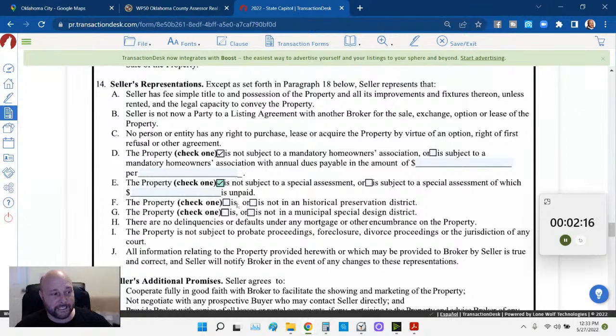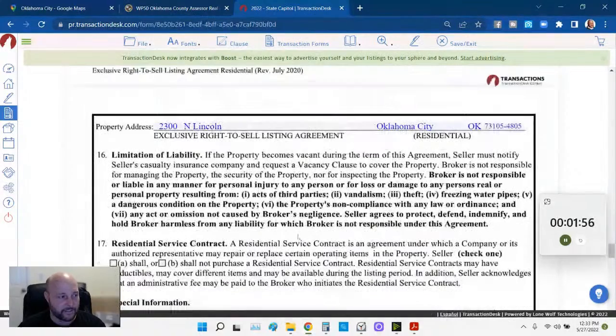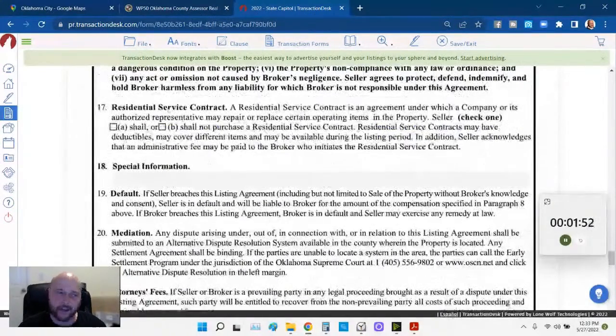This property is in a historical preservation district, most likely, so you'll want to check that it is and then call the state to verify. It is also probably in a special municipality design district too, so call the state to verify. Scroll on and verify that for your specific property. The state does not want to buy a home warranty, so we check shall not purchase a